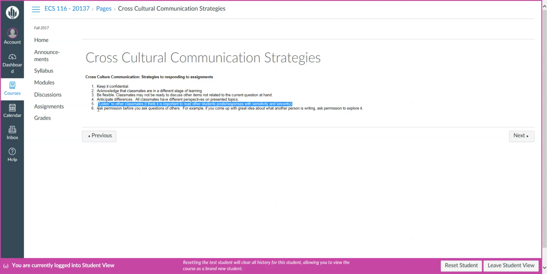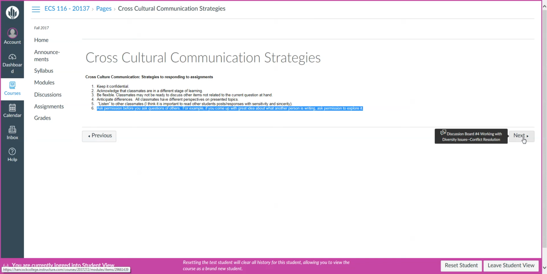Also, number 6, sometimes we need to ask permission before we ask questions of others. So you might want to, in your discussion board post, say, I do have a follow-up question. I'd like to ask permission to ask this. That way the other person has an opportunity to say no. They might not be ready. And if you keep the posts and responses to supporting it with information from the textbook, I think a lot of times that provides an avenue for folks that may not necessarily be ready or at the same level as other folks in terms of their journey in multicultural education and in diversity itself. So we're going to keep those cross-cultural communication strategies in line and practice them through the remainder of the course.